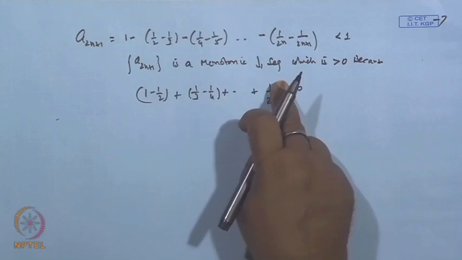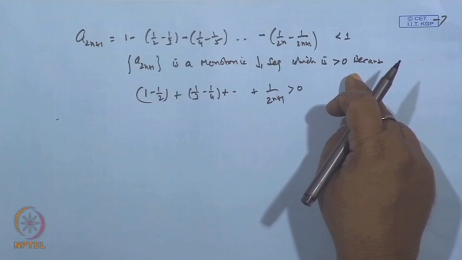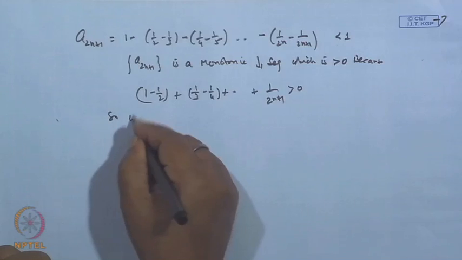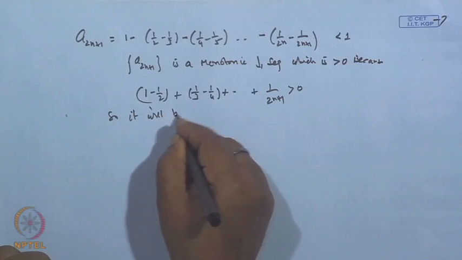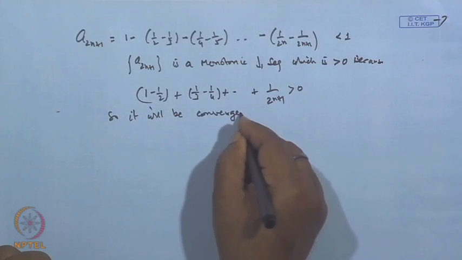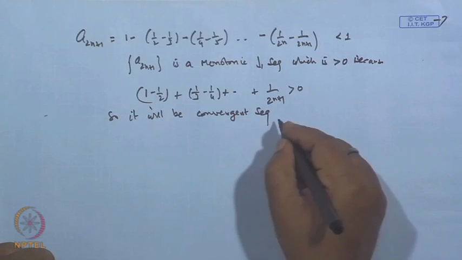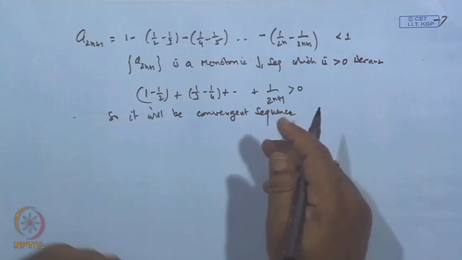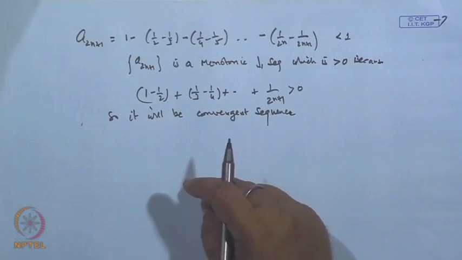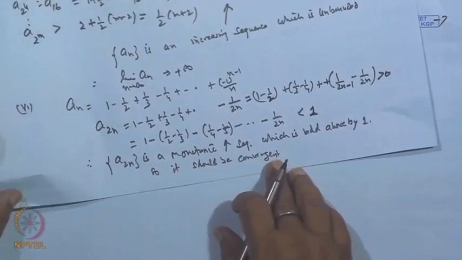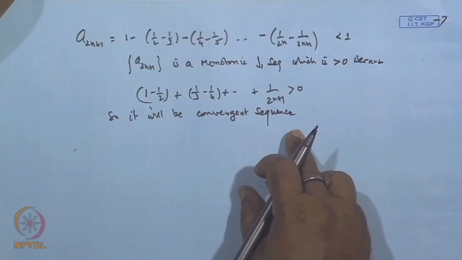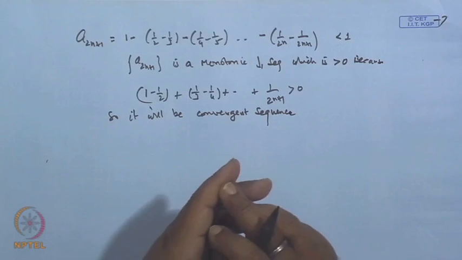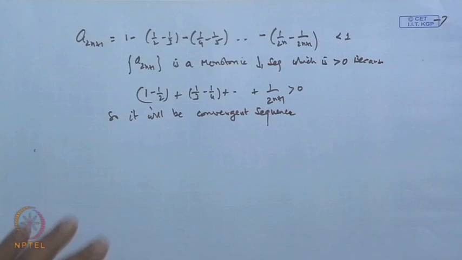So, it means this sequence is greater than 0. So, a_2n+1 is a monotonic decreasing sequence whose lower bound is greater than 0. So, the limit exists. It will be a convergent sequence. Okay. So, the sequence with the even number of terms is a convergent sequence, and the sequence with the odd number of terms is also convergent. Then whether this will give the same limit or not, because one may get one limit and the other may get another limit, but